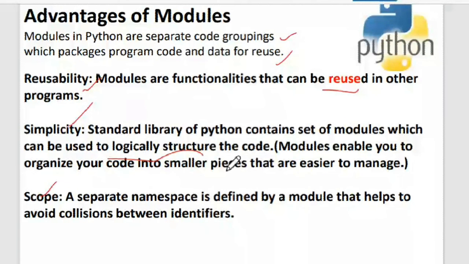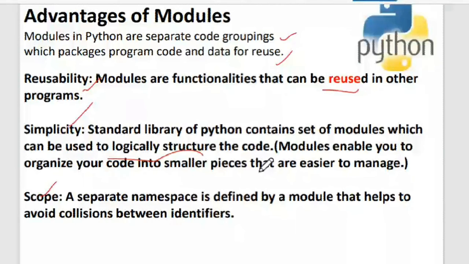Why is it becoming easy to manage? Because the amount of code that you write also reduces, right? In the previous case, I didn't write a function for sum. I just called the built-in sum. So what happened? The number of lines also reduced, and my code didn't get more complex. So that's the second advantage, the simplicity or modularity I get.